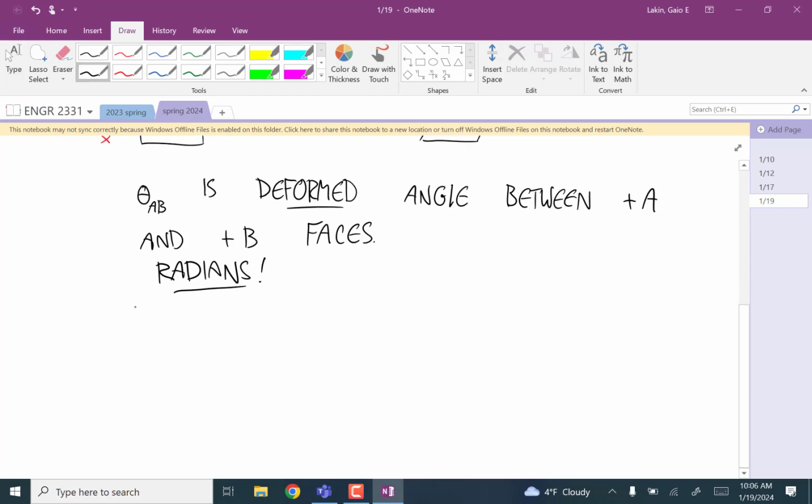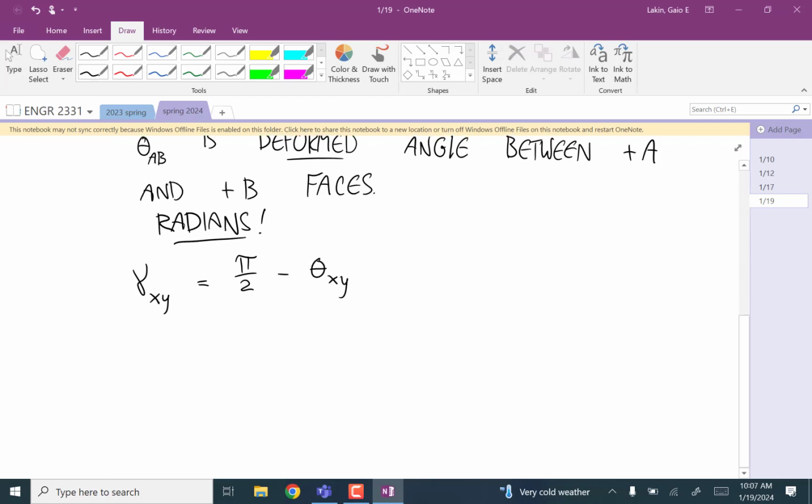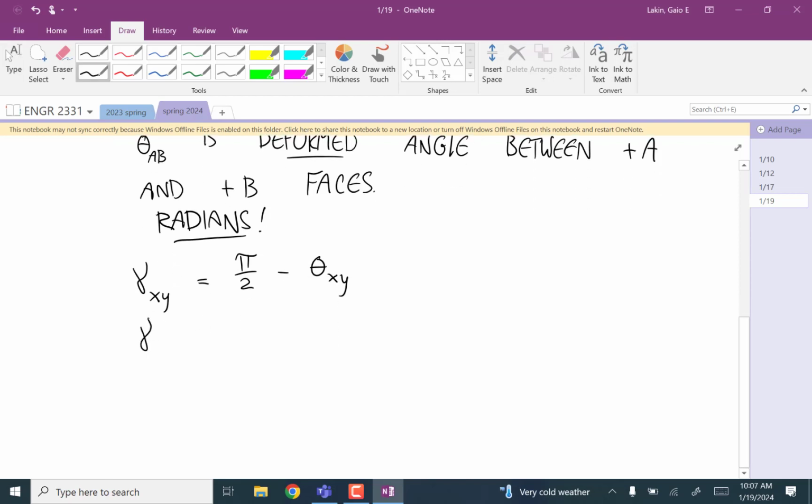And so what we're going to call the shear strain gamma XY is pi over 2 minus theta XY. The shear strain gamma XZ is pi over 2 minus theta XZ. Gamma YZ is pi over 2